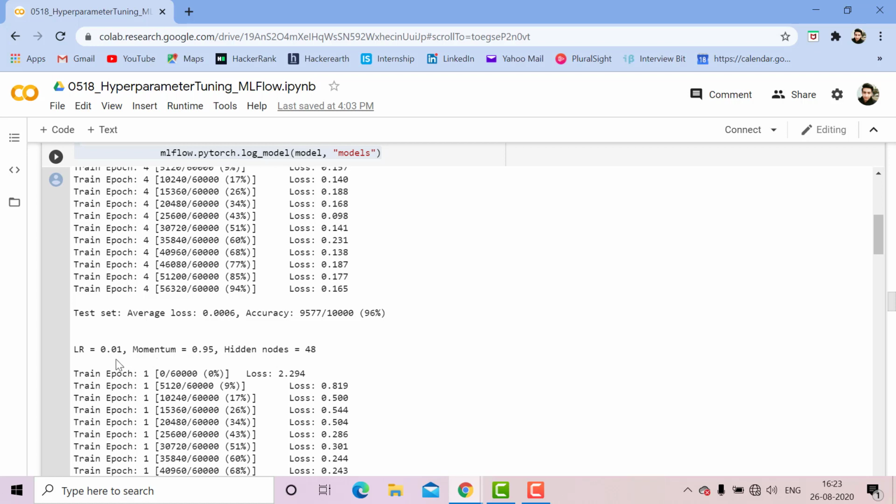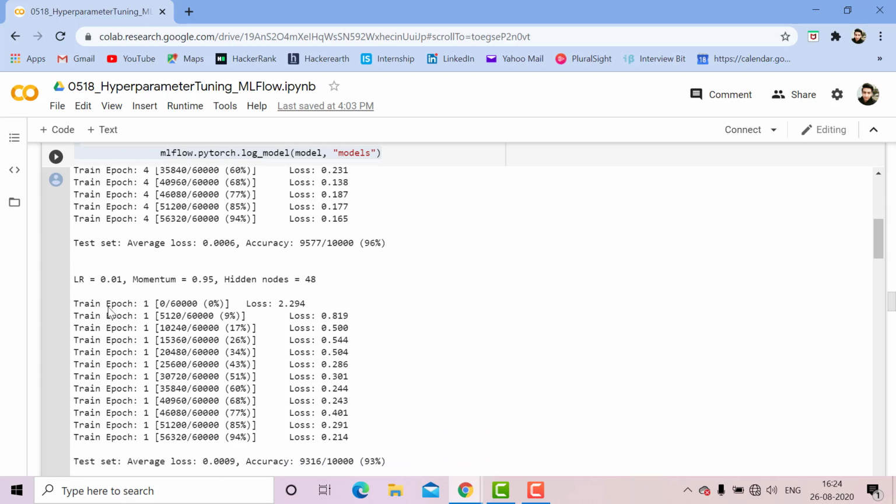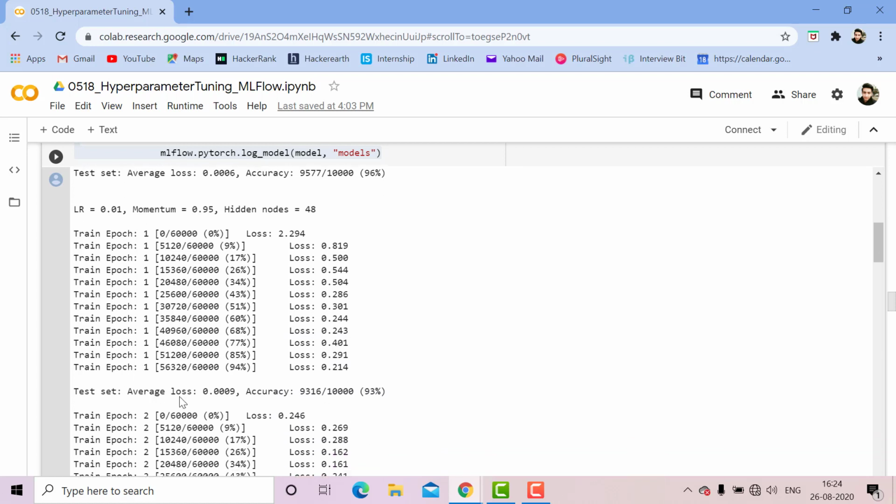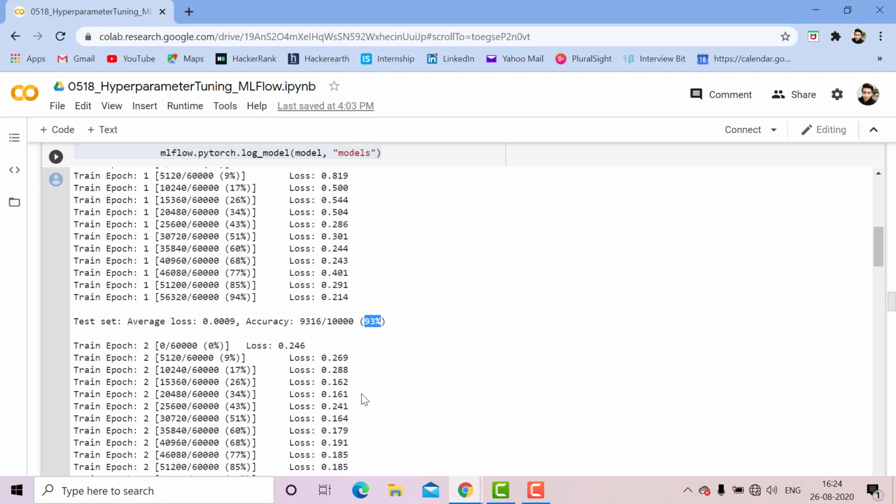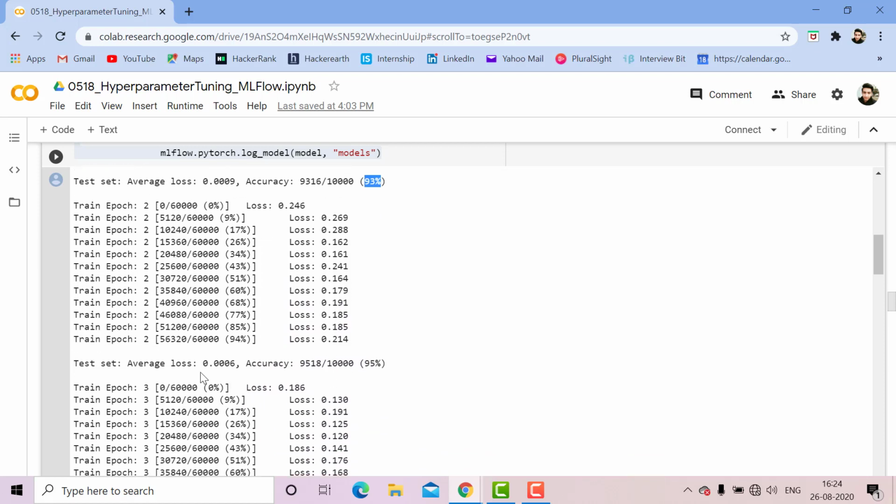When LR is 0.01 and momentum is 0.95 and hidden nodes 48, then for train epoch 1, the average loss comes out 0.0009 and accuracy 93%. For train epoch 2, average loss is 0.0006 and accuracy of 95%.